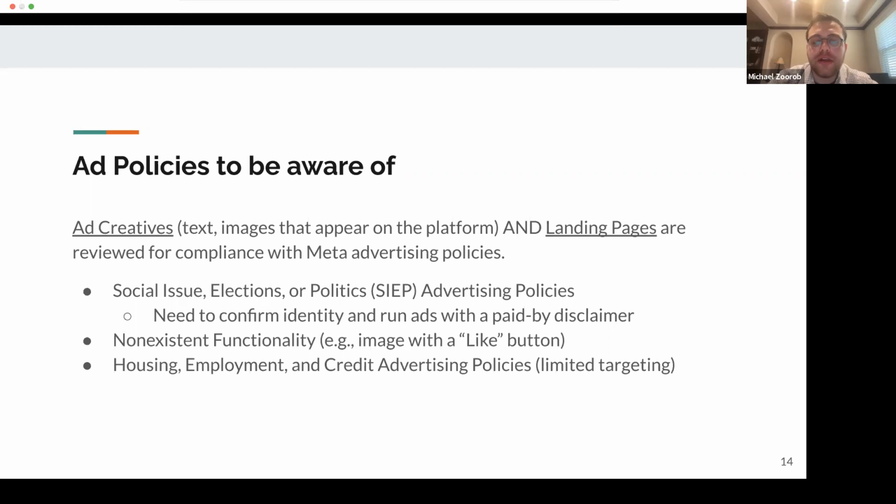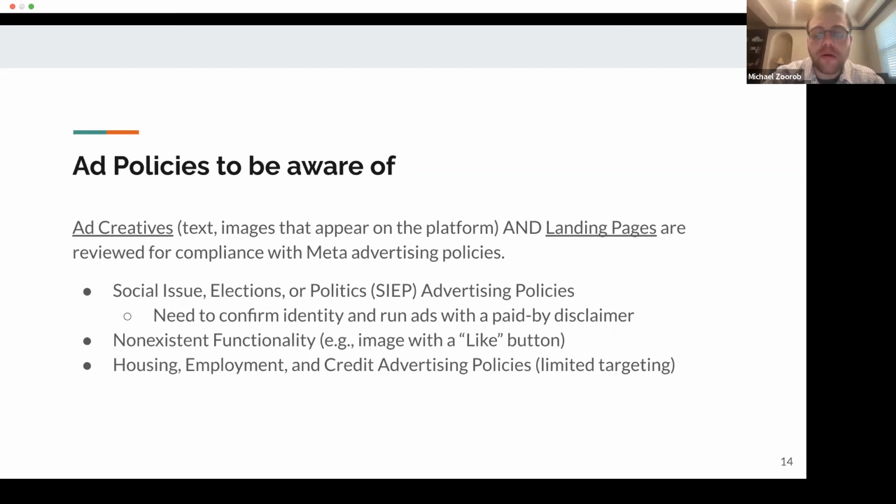There are cases where you have to do this because of what you're trying to study, and so you have to go through this process. And then there are cases where researchers, if they are careful in the language they use, won't be running SEEP ads and won't have to go through this process for their use case. Often that can be very advantageous because the process to run SEEP ads is in some ways very constraining. You have to be physically present in the country you're running ads in. You have to be a national of that country. It's definitely the area where I've seen social scientists in particular get into trouble, and it's something to be aware of.